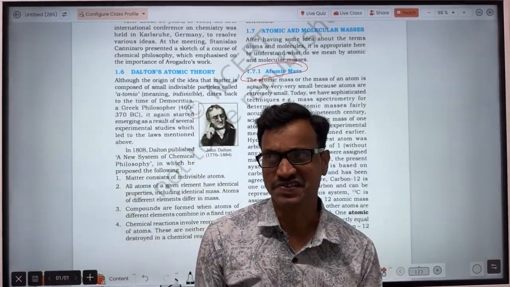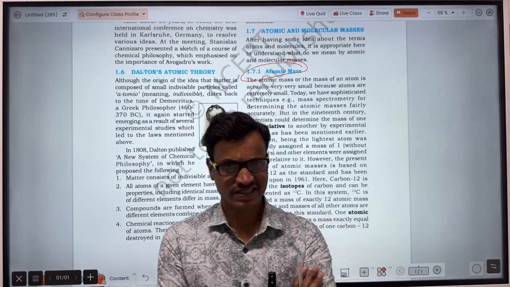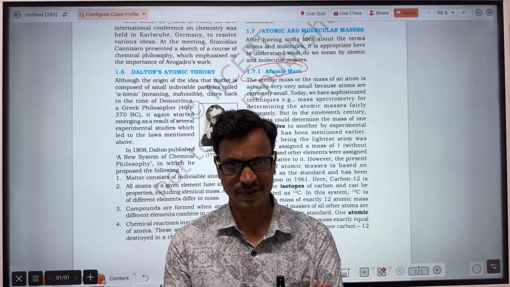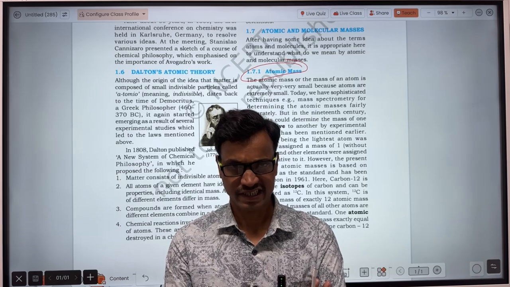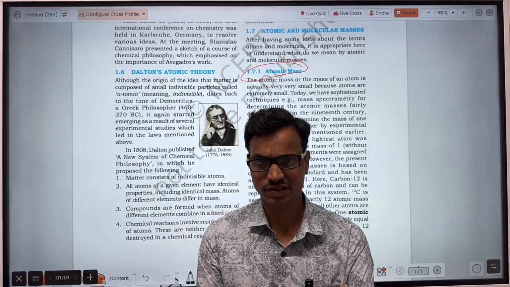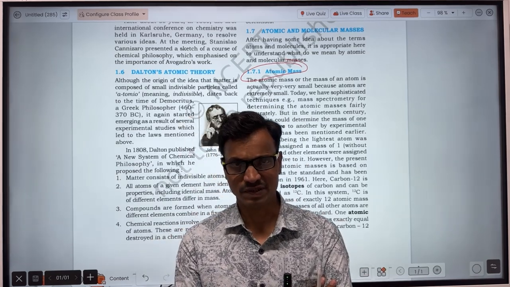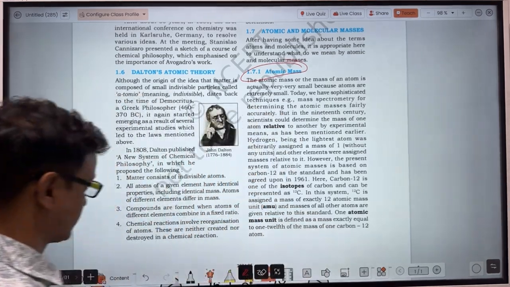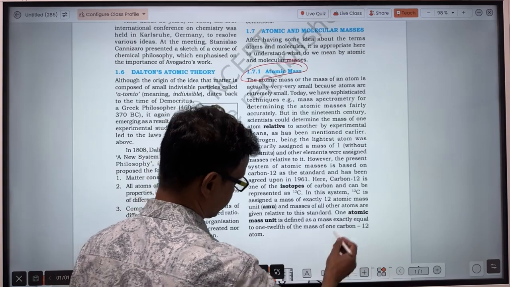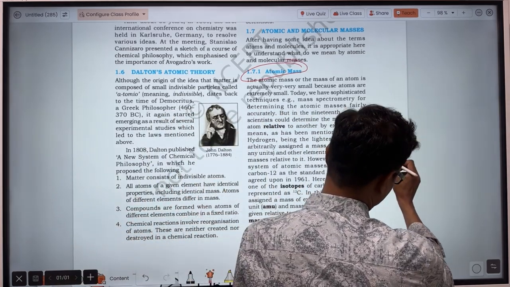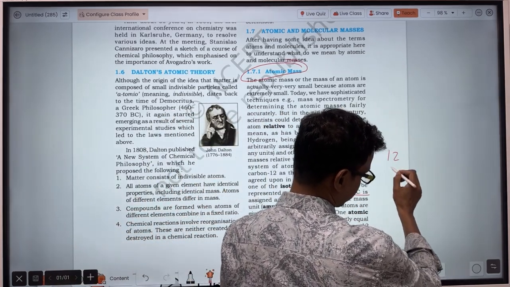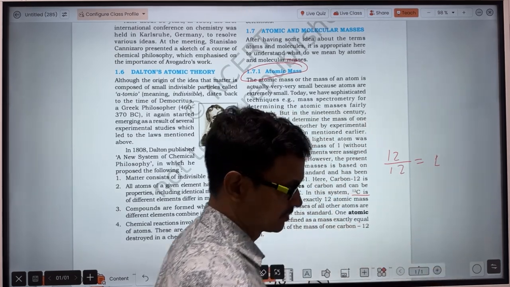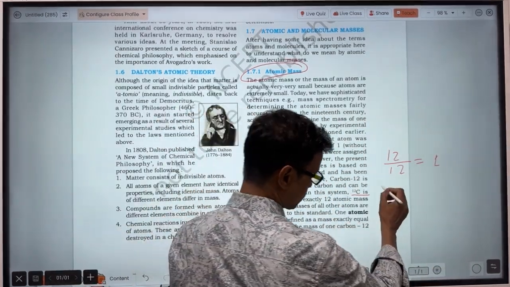Okay, in atomic mass, nowadays carbon 12 is taken as a standard to calculate the atomic mass of any element. So the standard taken is carbon 12, and the atomic mass of carbon is considered as 12. When 12 is divided by 12, it will be 1. So 1/12